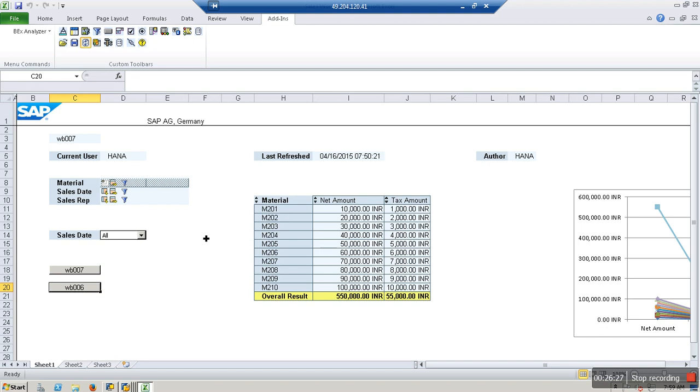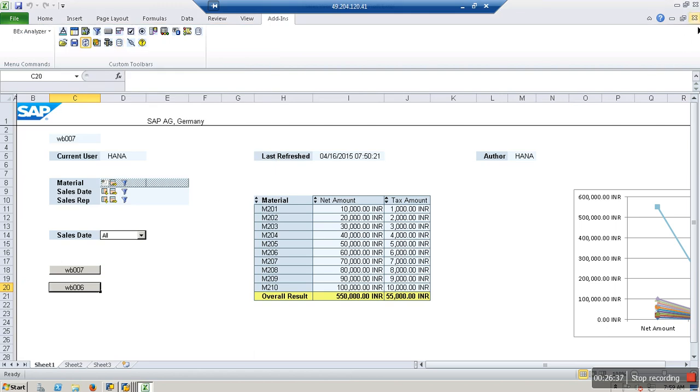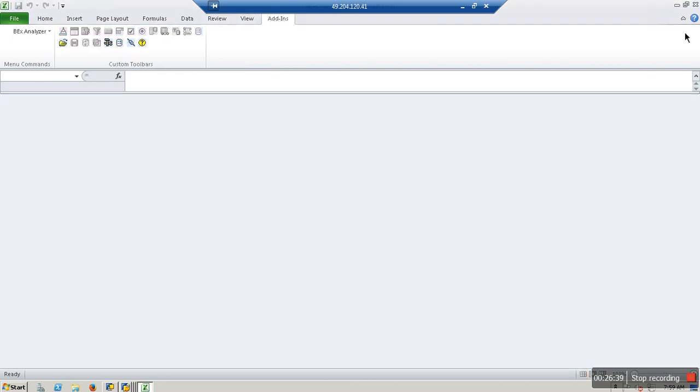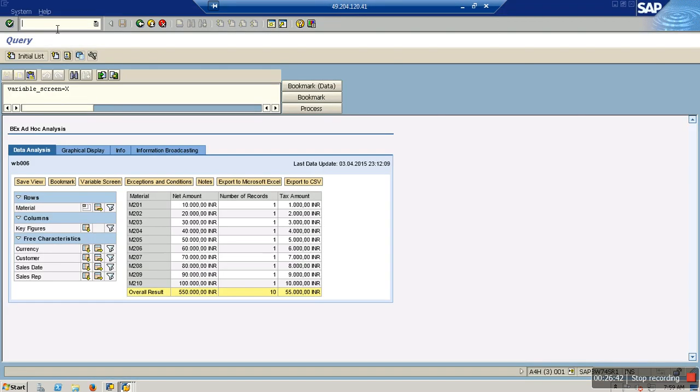Okay. I can show you a 3.x workbook. One second. If I launch this, let me close this. When I use RRMX,